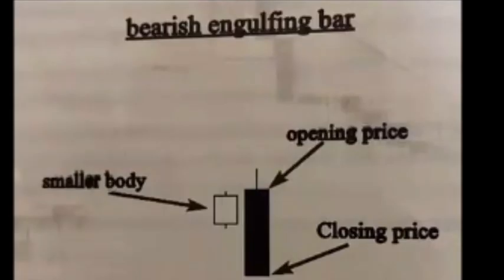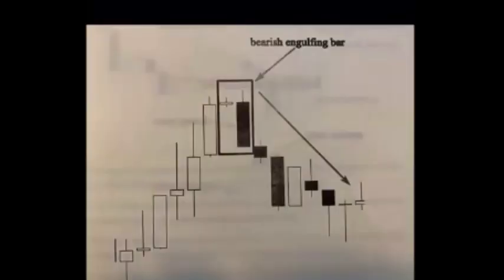What does that mean? We can see two candlesticks. Now, the chart pattern we can see here, we can see that there was an uptrend. The white candlesticks show that there was an uptrend. Now, the bearish engulfing bar reflected, and what does that mean? It shows that there was an exhaustion of buying pressure. That's why we can now see the big black